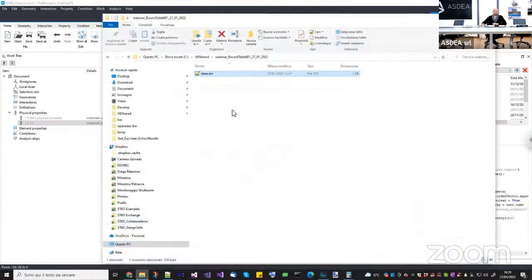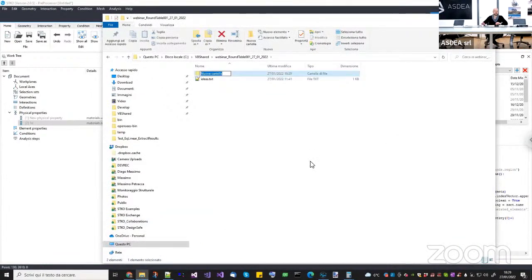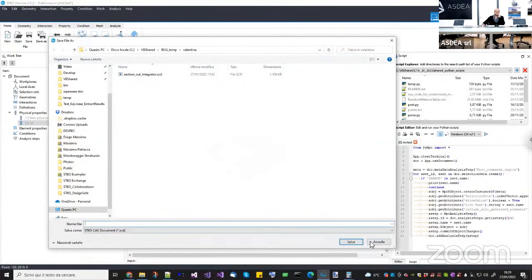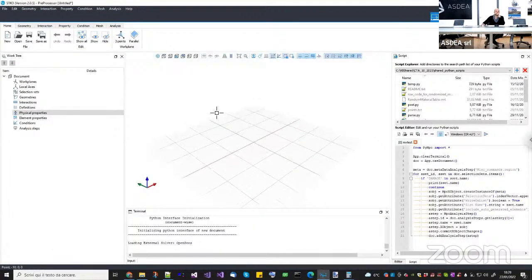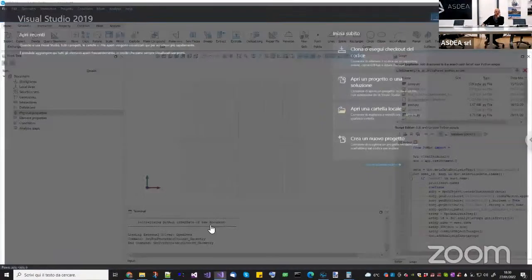So let me create in this folder a new folder for checking the parameters. Update parameters. Okay, let's create a new file. And I will do this example for shell elements. As you can see, let's check in OpenSees if the shell element can